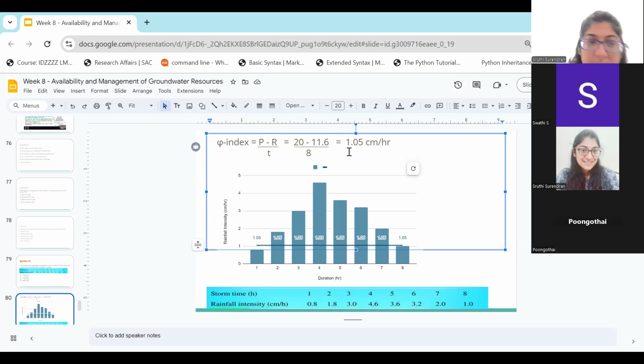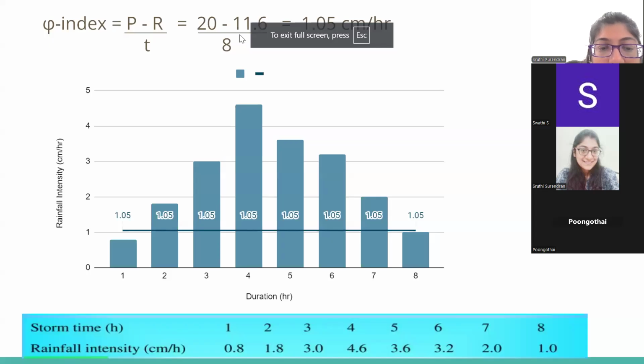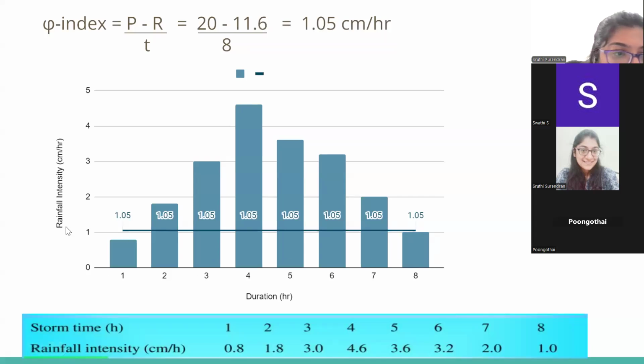Yeah. So this is how it goes. We are doing 20 minus the total rainfall, 11.6, divided by the time duration, which is 8 hours, and you get 1.05 centimeter per hour. Now you see that 1.05 centimeter per hour in this rainfall intensity plot comes at this point, and we see